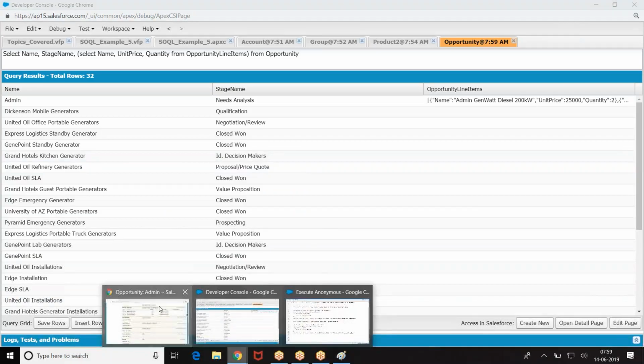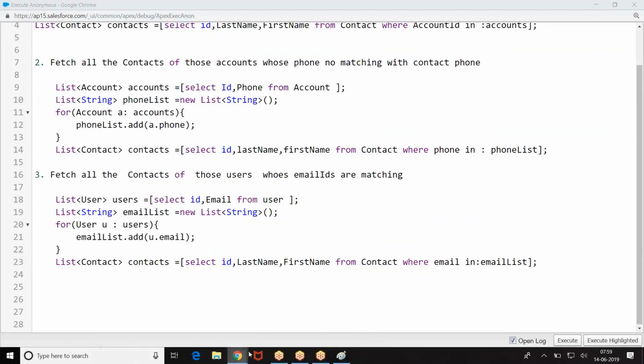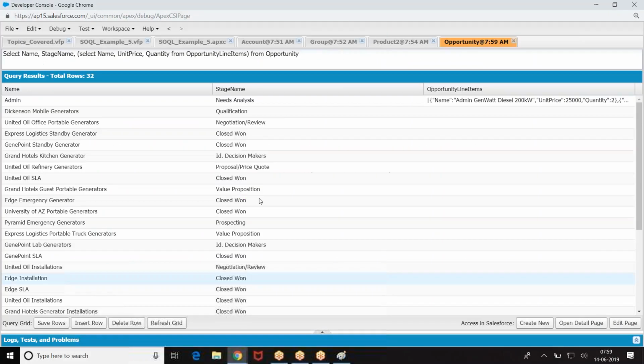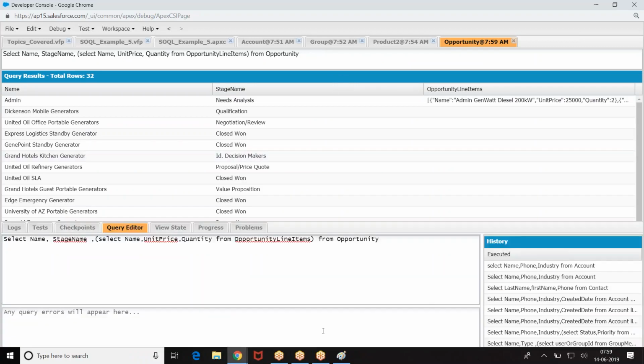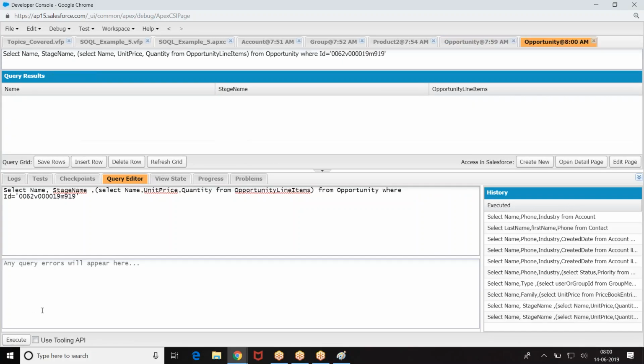I'll take a particular record so that you understand. We just now created this record. So only for the particular item I added the operational items.